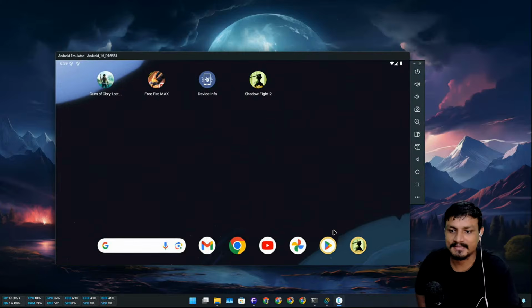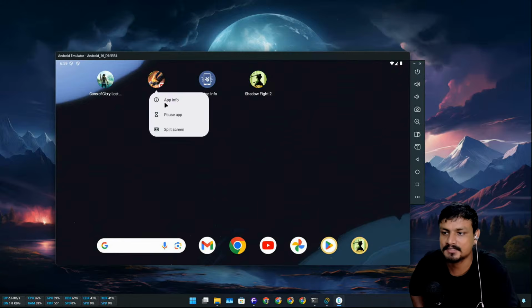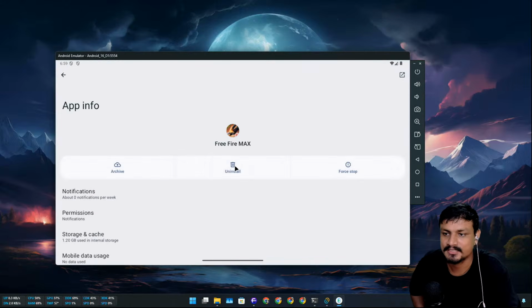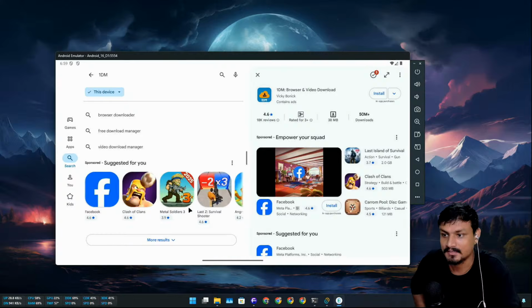Wow. Okay. I think I'm just testing the wrong game here. The Free Fire Max thingy. I'm gonna uninstall it. It has anti-cheat. It probably crashes because of that. It doesn't like the emulator. Okay, let's test out another one. It works. Okay, tell me a heavy game that